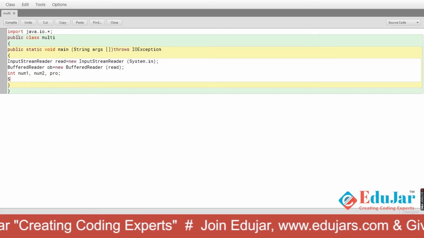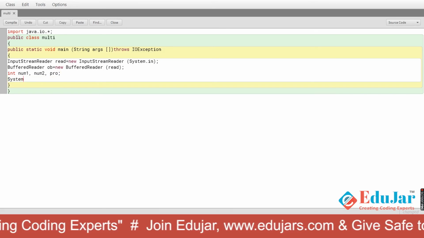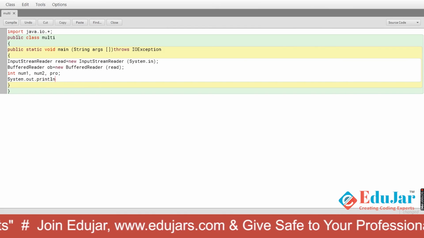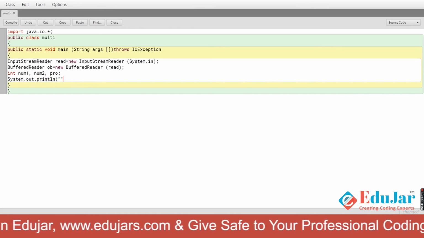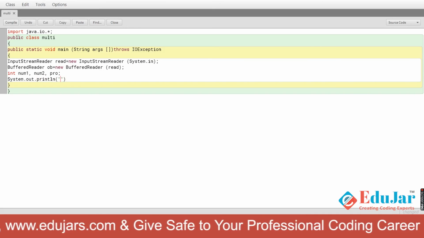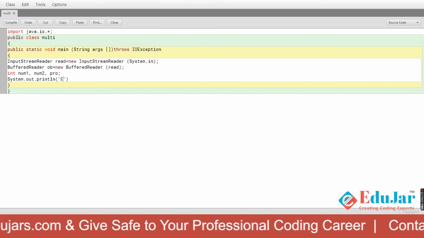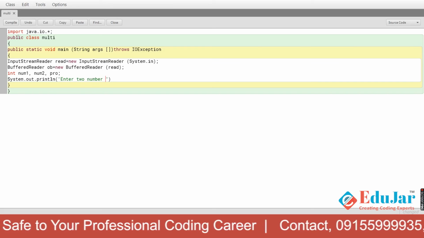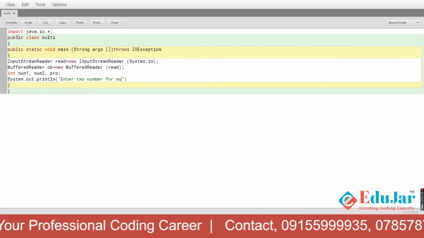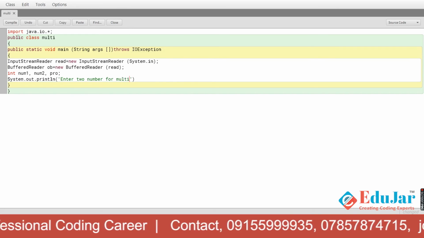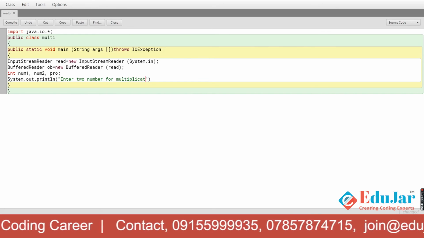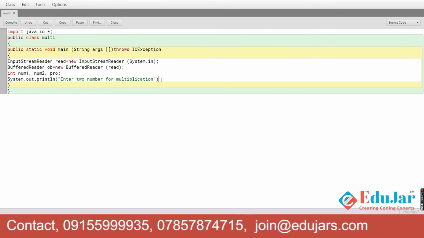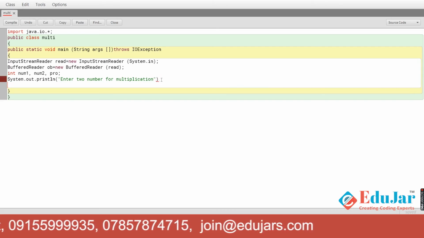Now I will give a message to the user by using System.out.println: enter two numbers for multiplication. Right. So now the user will enter two numbers, and we will store those two numbers in num1 and num2.